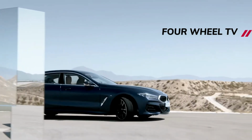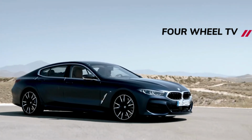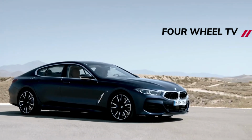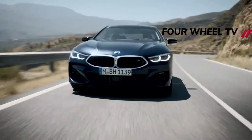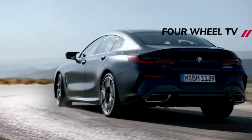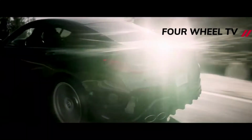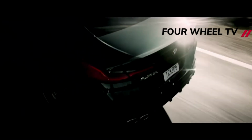The BMW 8 Series arrived in 2018, and the German automaker is ready to refresh the model. For 2023, the 8 Series Coupe, Cabriolet, and Gran Coupe sedan are getting a mild makeover inside and out. This is a mid-cycle refresh, so there aren't many changes to note, but BMW did make some improvements customers should